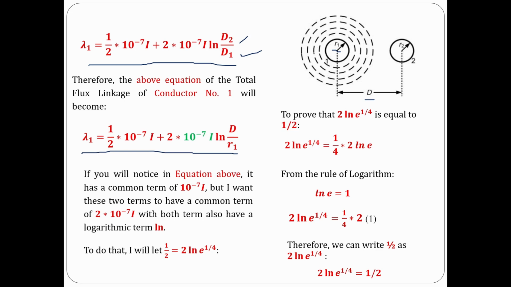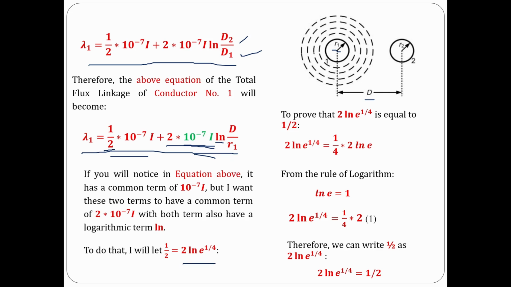ln D over R1. To start evaluating this equation, we will notice that it has a common term of 10 to the negative 7 i. But I want these two terms to have a common term of 2 times 10 to the negative 7 i, and making both terms also have a logarithmic term of ln. To do that, I will let 1/2 be equal to 2 ln e to the 1/4. To prove that 2 ln e to the 1/4 is equal to 1/2,